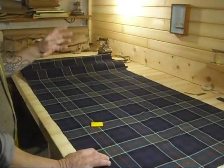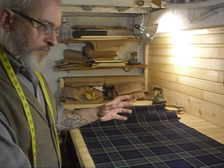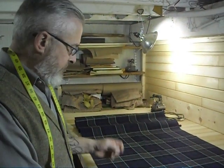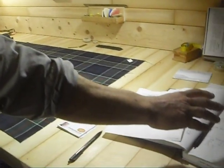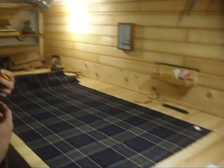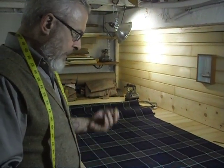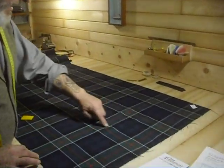The customer texted me this morning, said, hey, thanks for telling me to go away and have a pint and think about it, because he changed his pleating style. I've made note of that. I had measured him a second time when he came last night, and again, his measurements had changed ever so slightly. So looking at the cloth, I've unrolled it,